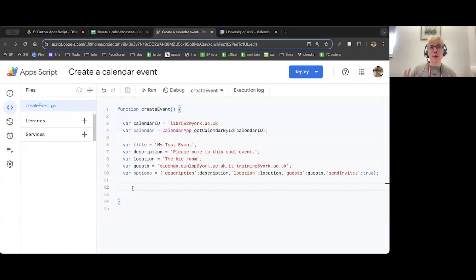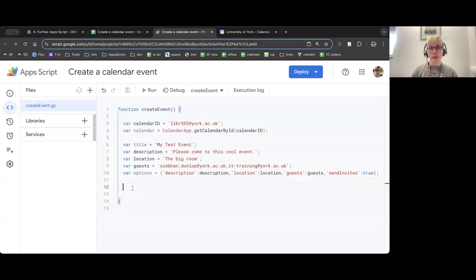And this is the bit which is a little bit trickier. Now, we're going to do one of the most simple ways of doing this. There are lots of different ways of setting up what the start date and time and the end date and time is for a calendar event. There's different formats you can use in JavaScript for dates and times. There's lots of different ways you can do this. I recommend looking online if you need to find different ways or translate between two different formats of date or time. There's lots of things you can do, but we're just going to use one simple example now so I can show you the overall process.